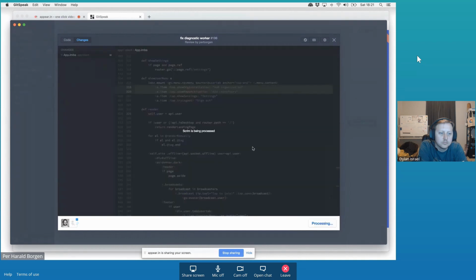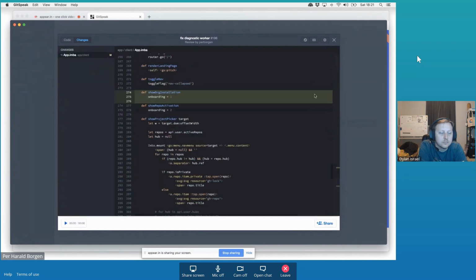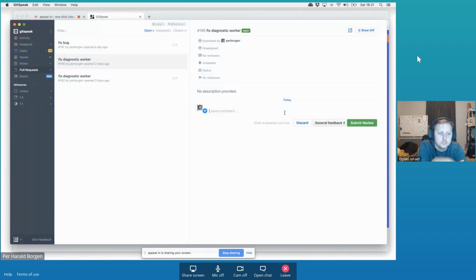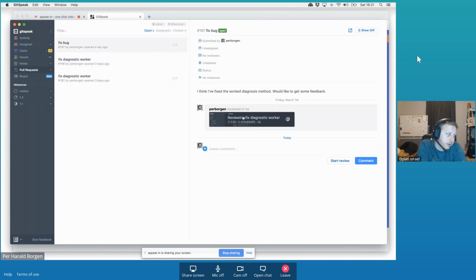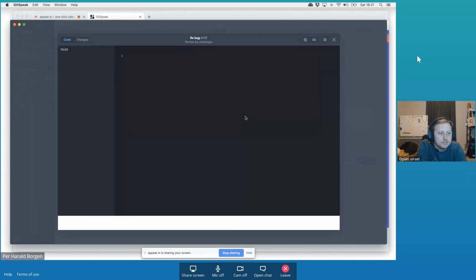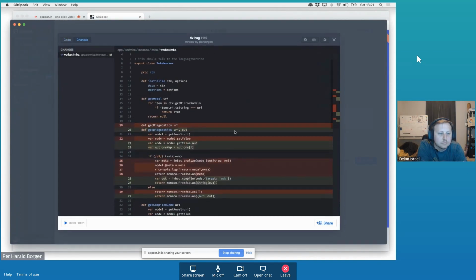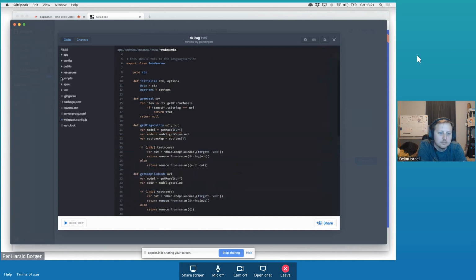This was probably a bit too simple a pull request for it to be worth doing a recording, but you get the point. Then I can submit it here. And you can also put, hey, I'd refactor the code like that in there. It's not just audio. Yeah, it's not just audio. It's both audio and every interaction you do. So your mouse cursor is recorded, and you can also jump through the code if you want.